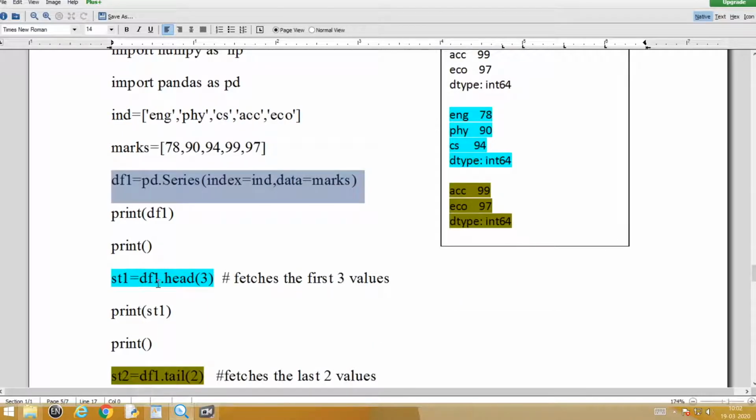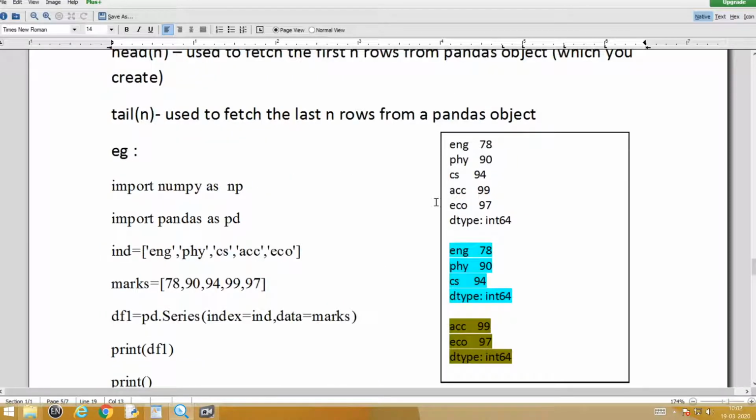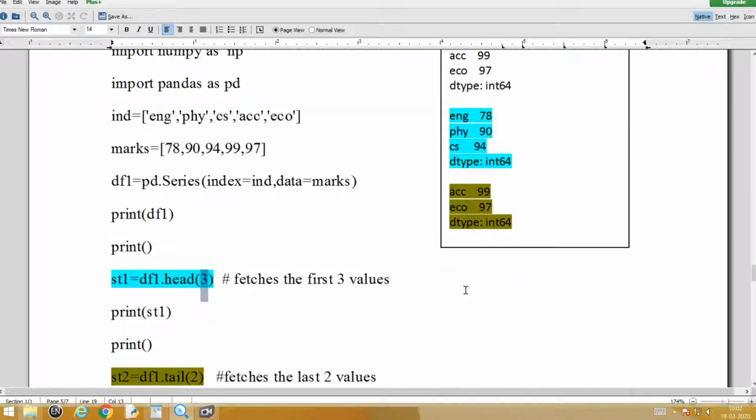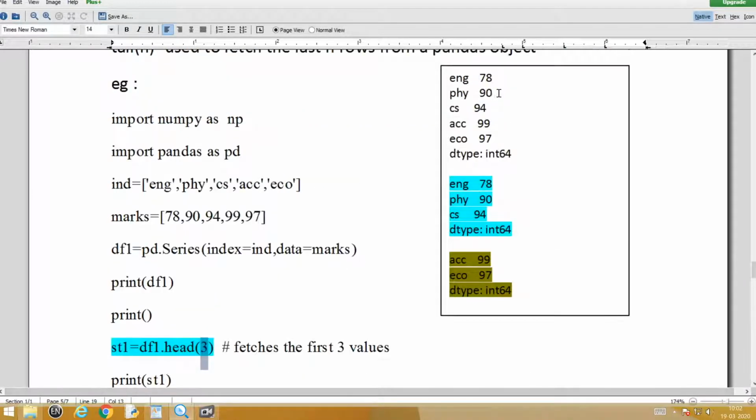Next, you can see in the highlighting section, this is your new function. If I give df1, again it is not pd dot, it is df1 dot head of 3, the function is fetching the first 3 values. I have tried it over here and given the output in the same highlighting color.